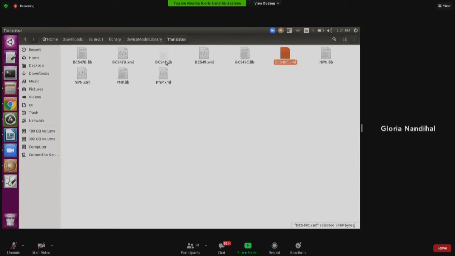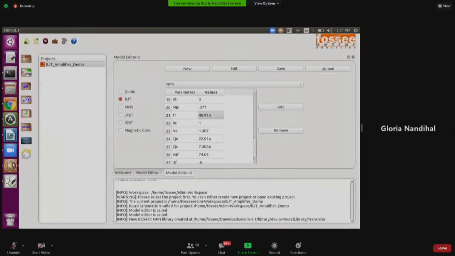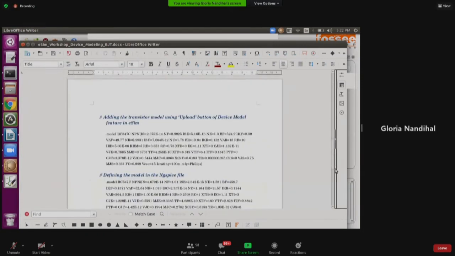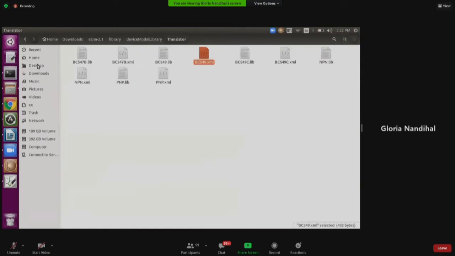I have already created this, which I'll be using for demo purposes. Now, the next step: what is the other way to add a library in the device model? If you can see, there is an upload option, right? In the document which we have shared, I've just copy pasted this model in a text file and saved it on my desktop.